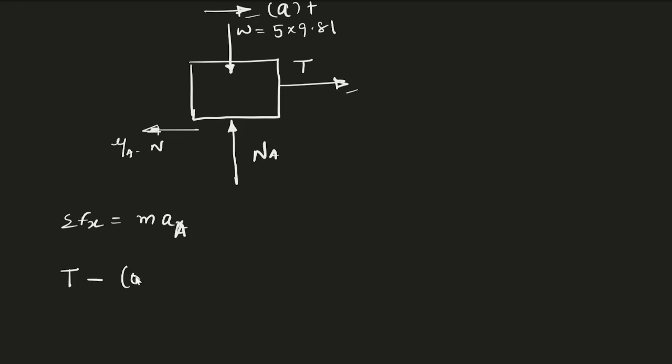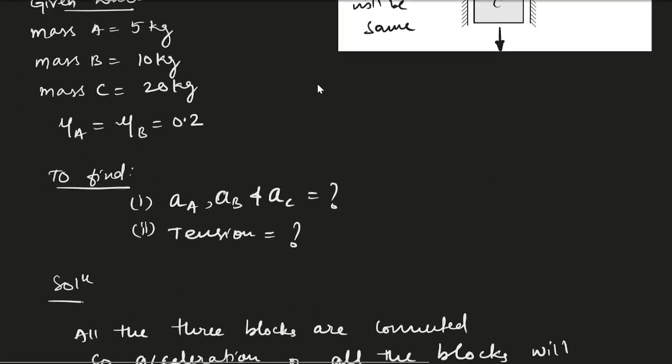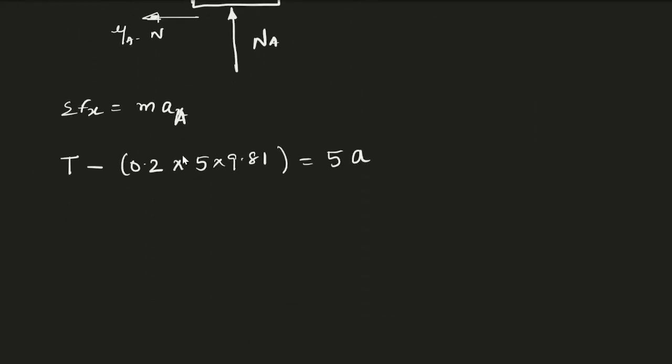So mu is 0.2, and N equals 5 into 9.81. This is the N value. This will be equal to the mass of the block, 5 kg, into A, because the suffix A is equal to A. Here the tension is T1, so we have to mention that the tension is T1. So T1 minus this thing, so I'm taking T1 equal to 5A plus,